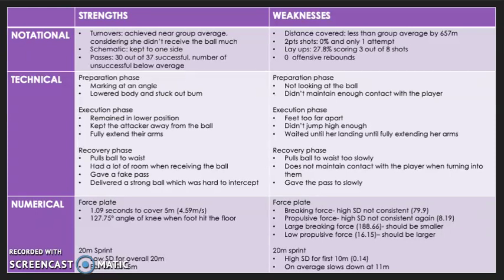A third weakness identified was her layups. This was seen in her success rate being 27.8%. This would be a weakness in her performance because she's regularly missing the shot, which could result in the other team gaining possession and then having a go at goal themselves. A final weakness was that she was unable to obtain any offensive rebounds.